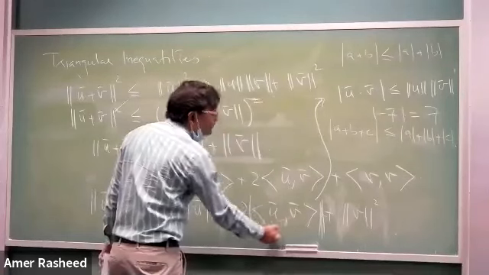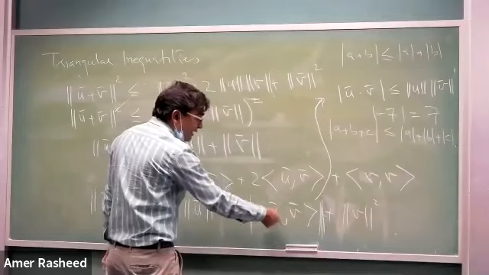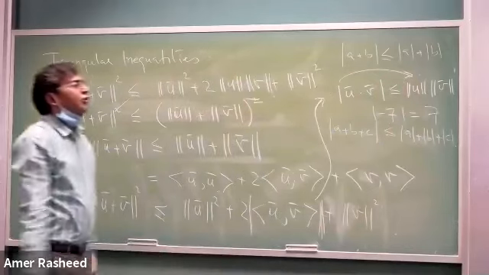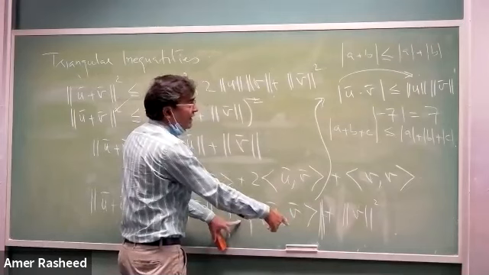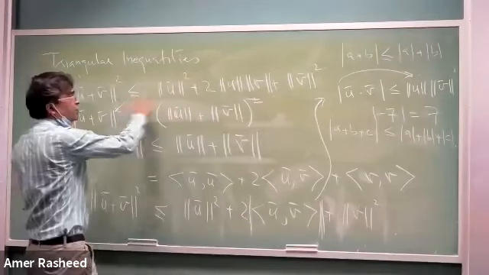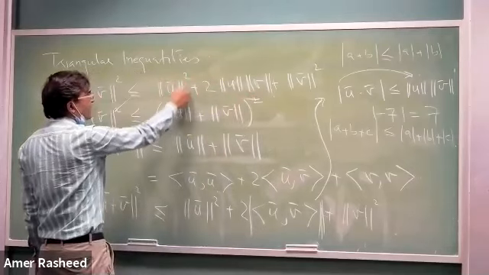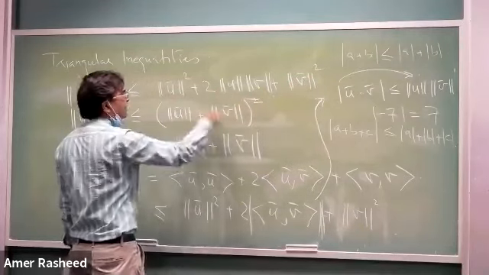ठीक है, तो अब यहाँ पे एब्सोल्यूट वैल्यू ऑफ u इन प्रोडक्ट v, u और v का डॉट प्रोडक्ट, इसकी एब्सोल्यूट वैल्यू क्या होती है, बाय Cauchy-Schwarz inequality दिस इज लेस इक्वल टू norm of u into norm of v। ठीक है, अब यहाँ पे 2 एब्सोल्यूट वैल्यू ऑफ u डॉट v की जगह हमने लिख लिया लेस इक्वल टू 2 norm of u norm of v। अब ये क्या बन रहा है, बेसिकली दिस इज योर a square plus 2ab plus b square, so it is a plus b whole square।